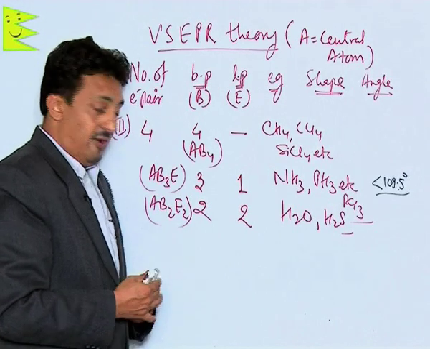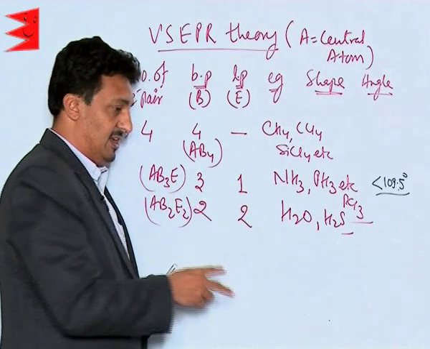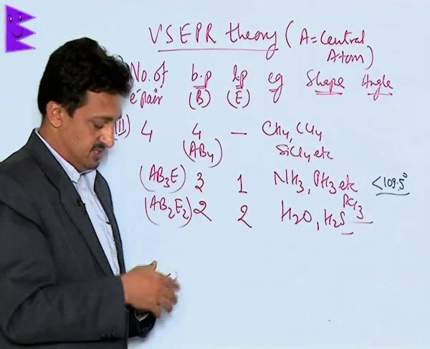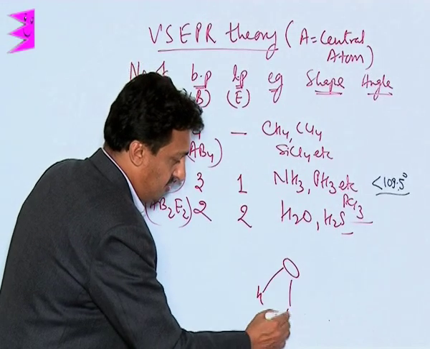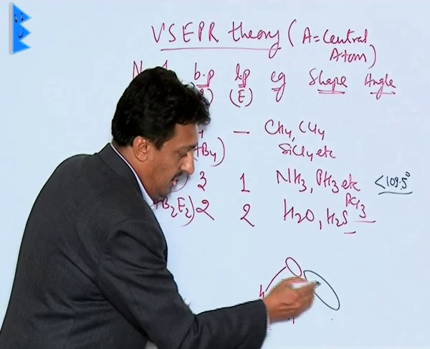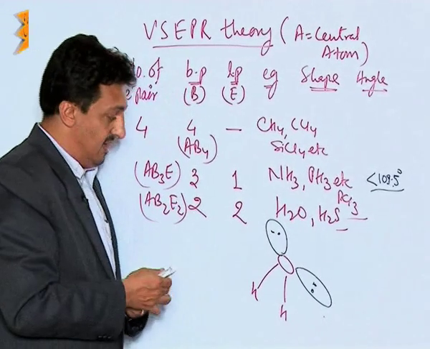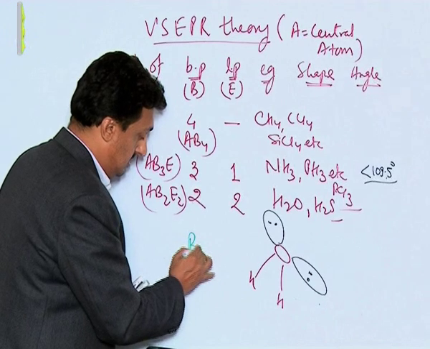Now you know oxygen has 6 valence electrons, out of which 2 are bonded to 2 hydrogen atoms. So 2 bonded pairs. The 4 electrons left form 2 lone pairs. So oxygen, and these are the 2 hydrogens it has. The other 2 lone pairs of electrons are present like this. So the shape we call as